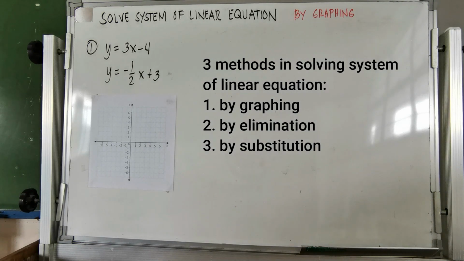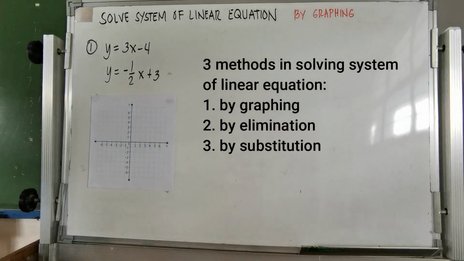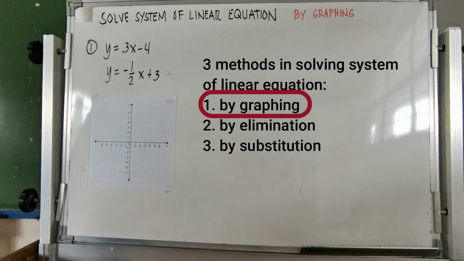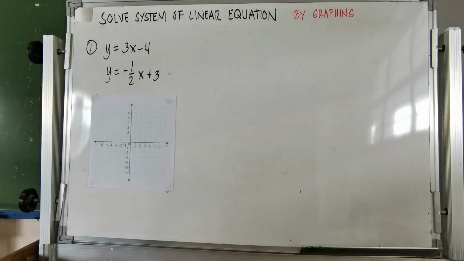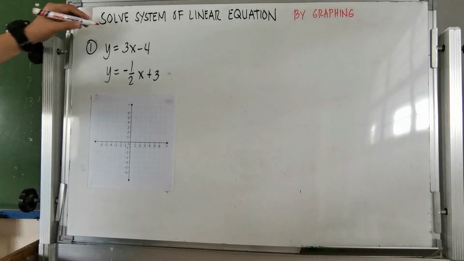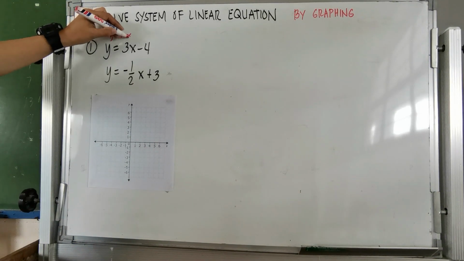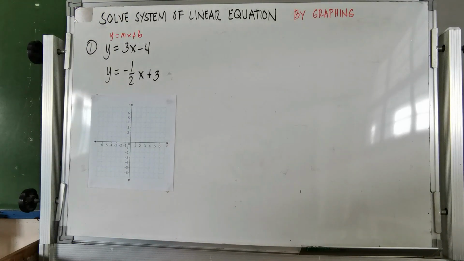So take note na nakafocus lang tayo ngayon sa method which is by graphing. In this method, this is the best method na gamitin kapag ang given natin ay nakasulat in slope-intercept form o yung tinatawag natin na y is equal to mx plus b. And yung pag-graph naman natin ay napag-aralan na natin sa ating mga previous video. So all you have to do is to graph, and then after that, makukuha natin yung kanyang solution which is